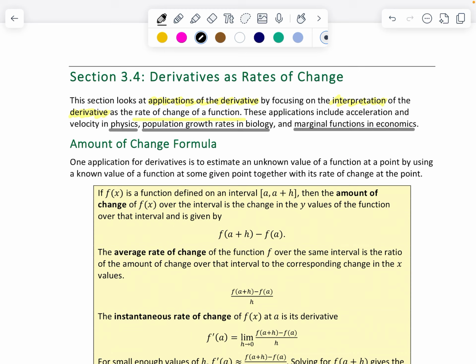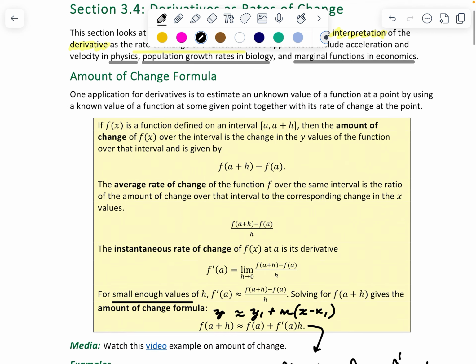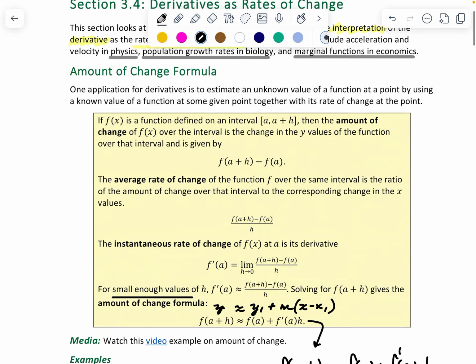Okay, folks, we are on section 3.4, derivatives as a rate of change. This section looks at applications of the derivative by focusing on the interpretation of the derivative as the rate of change of a function. These applications include acceleration and velocity in physics, population growth rates in biology, and marginal functions in economics. So, one application for derivatives is to estimate an unknown value of a function at a point by using a known value of the function at some given point together with its rate of change